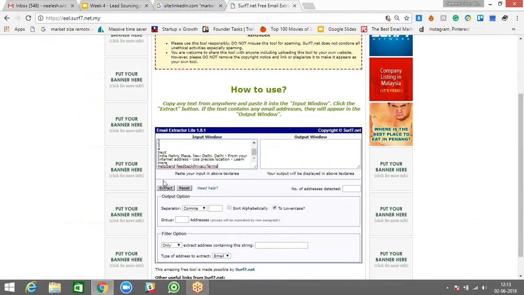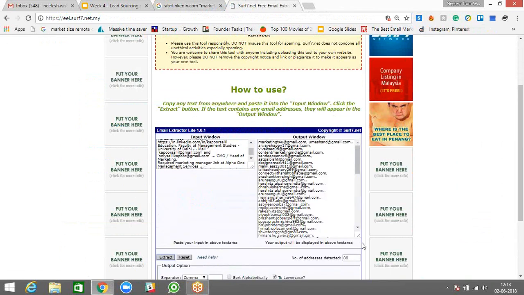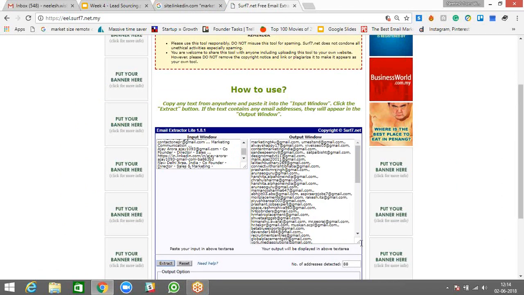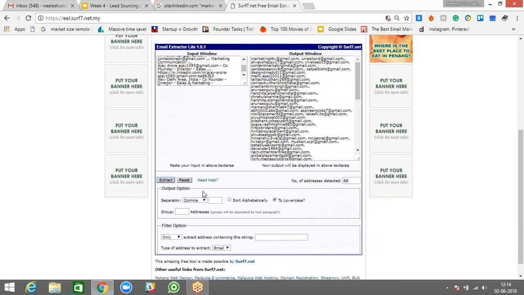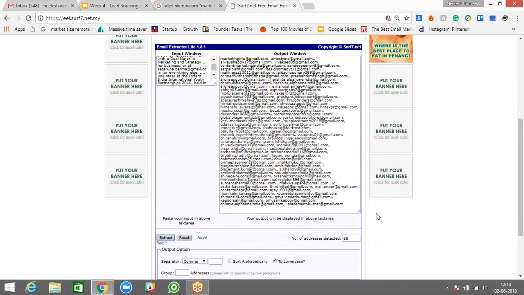When I do Control V and I hit extract, I get email addresses. Okay. These are your email addresses from your search results.